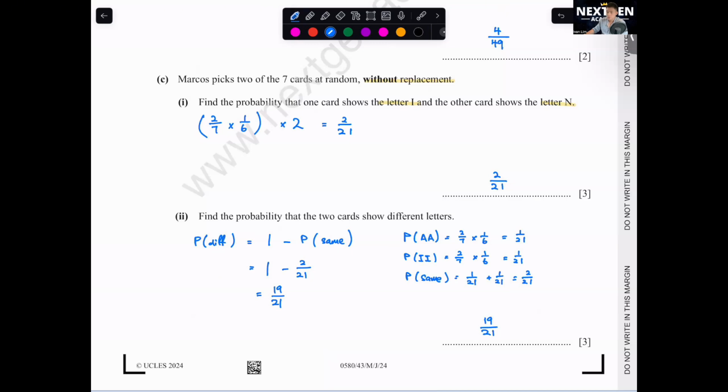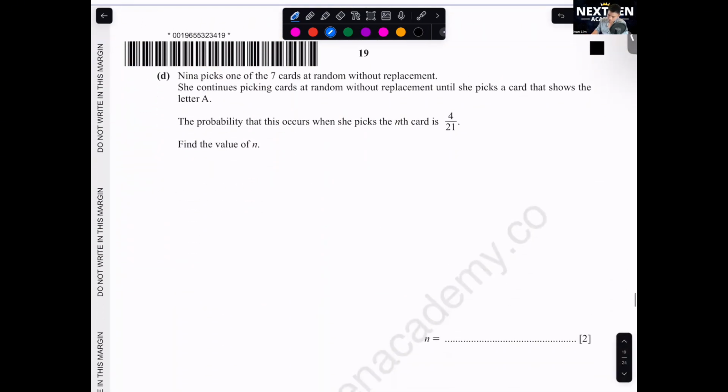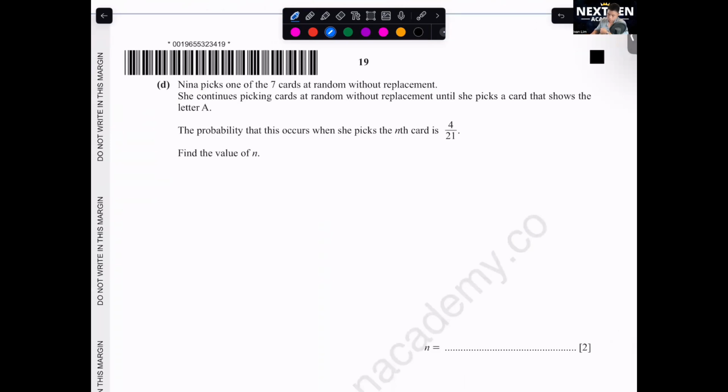All right. The last one over here is a little bit tricky, but it's just a 2-mark question. They say Nina picks one of the 7 cards at random without replacement. She continues picking cards at random without replacement until she picks a card that shows the letter A. Find the probability that this occurs when she picks the nth card is 4 over 21. So how are we going to do this? We need to try and error, meaning we need to show if I take my first card, can I straight away get